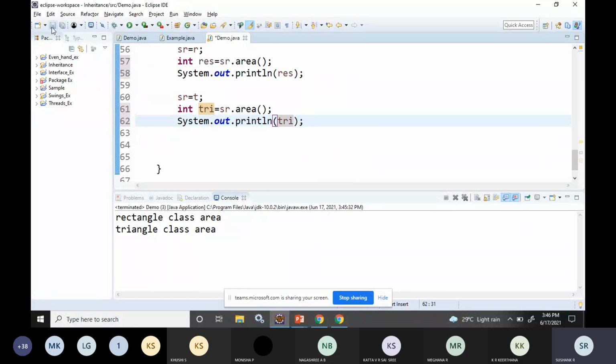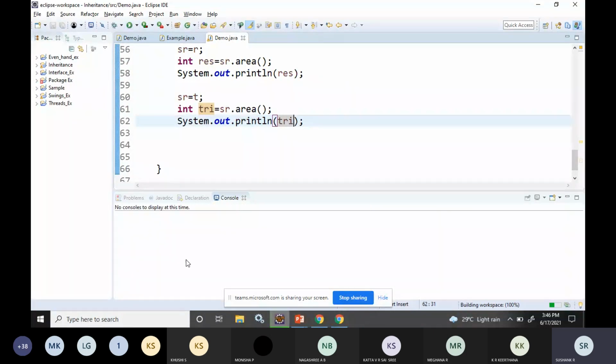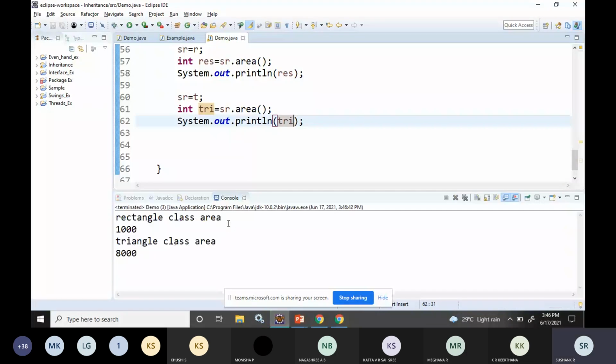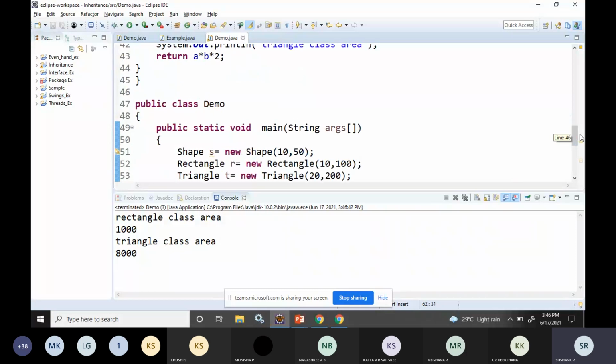So now I will just modify that. So now you can see you'll get the output also with some value. See the rectangle. Don't worry about the value, the result. You just see you're getting some value, like some calculation. You're able to get that. So this is the practical usage. So this is the practical example of method overriding.